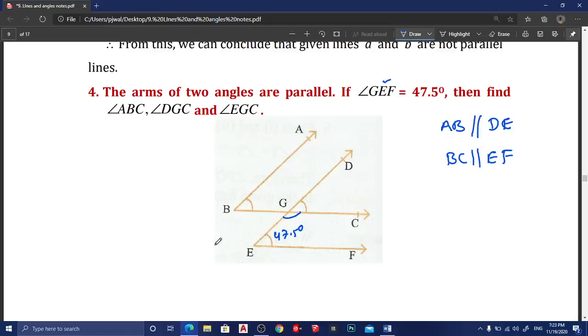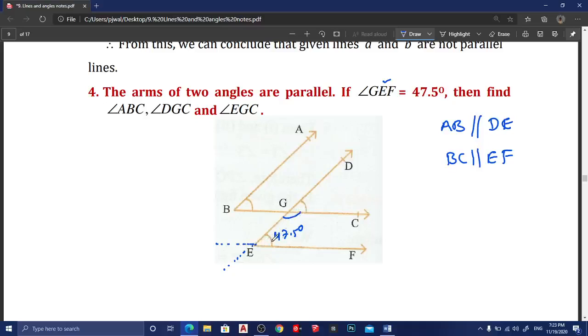If you extend like this, even though it is not given like this, you can extend. And this line also you can extend like this. Now if you observe, these two are parallel lines and this will become a transversal to them, intersecting at two different points. A transversal line means it is intersecting two parallel lines, and the angles formed have some special properties.